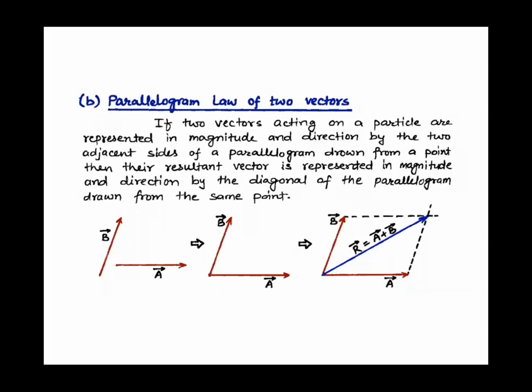So you will ask, ma'am, where did the other two sides come from? So beta, the other two sides we are going to draw. We know the properties of a parallelogram, right? So B and this side, they are equal. Vector A and this side, they would be equal. So we are just going to complete the parallelogram with the opposite sides equal, and then the resultant is given by the diagonal. Okay, beta, the resultant is given by the diagonal.